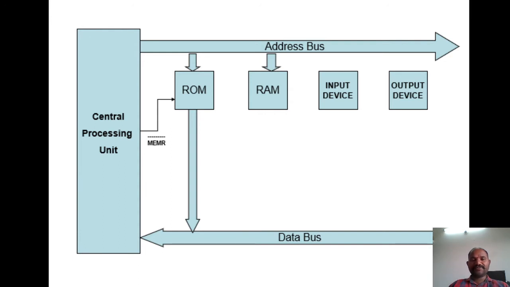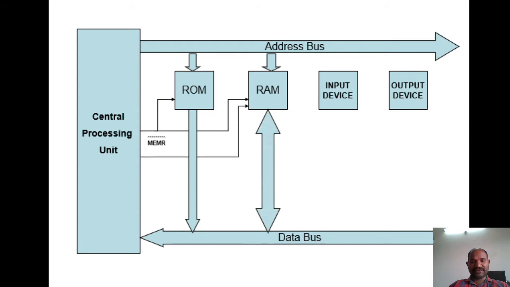Okay, now with respect to RAM, we can perform two kinds of operations, either a read operation or a write operation. As we have seen, this particular RAM is connected to the address bus, and also it is controlled by the central processing unit using the memory read signal as well as the memory write signal. And when you would like to read the data or write the data onto the RAM, that is going to be done by the data bus.